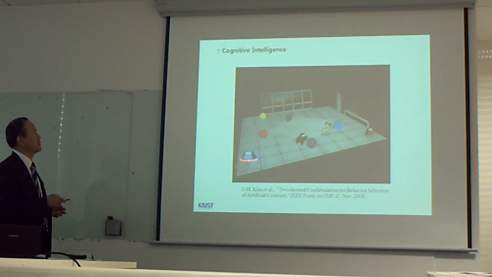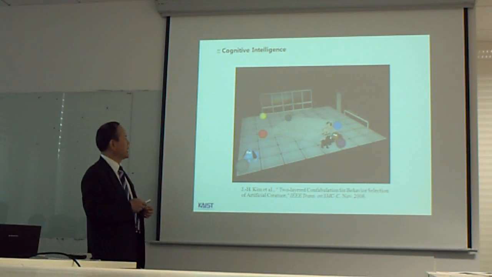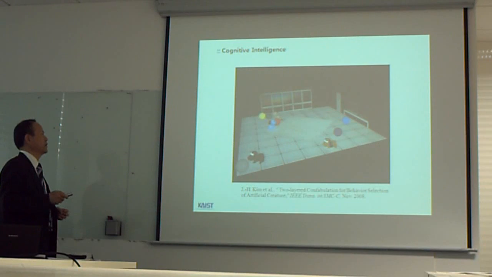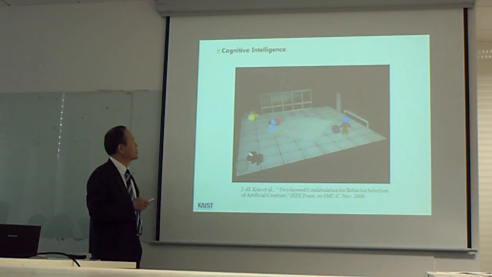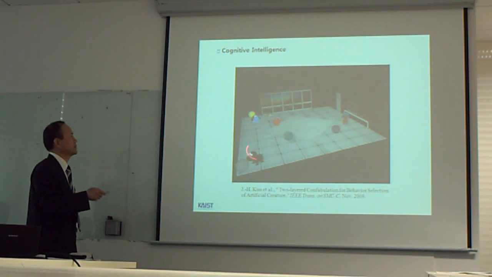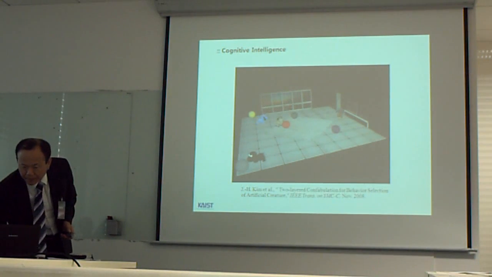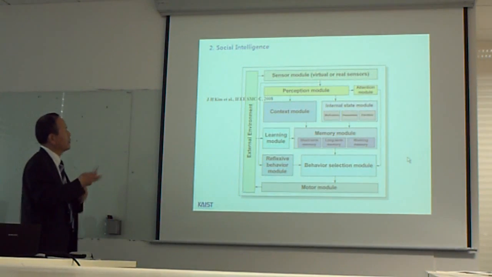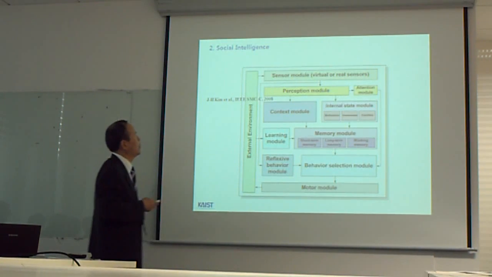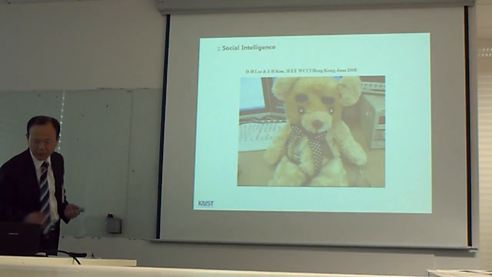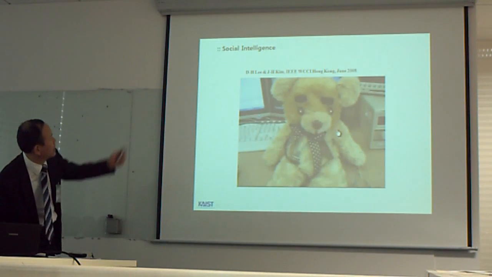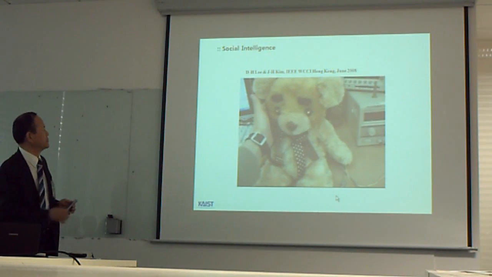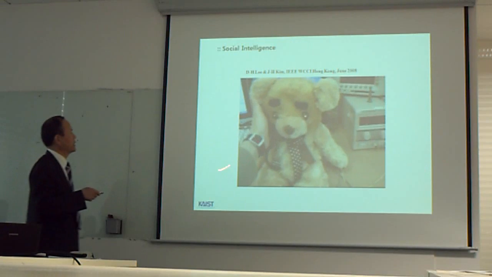Some artificial creatures live in this virtual world, and this system makes its own decision on a proper behavior at the current moment. And the other one is social intelligence, mainly for natural interaction with human beings. This one was provided two years ago. It shows some interactions with